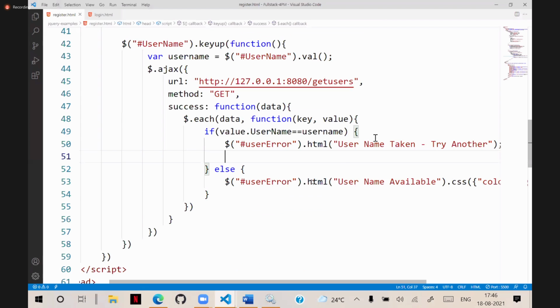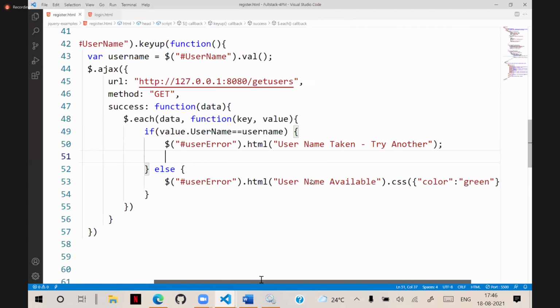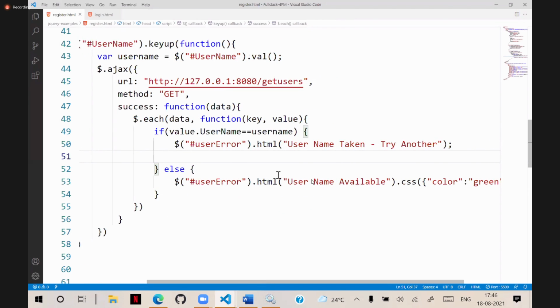Now, when you are defining this username available, here it is not displaying that message and option because it has to handle this issue. That means if the username is taken, it should say so, and if not taken, it should display available.